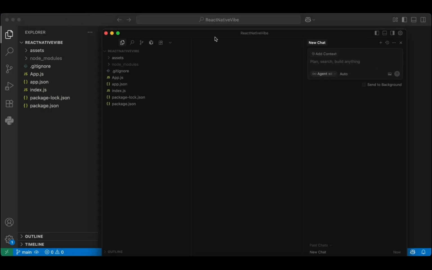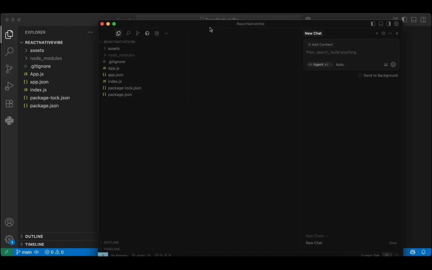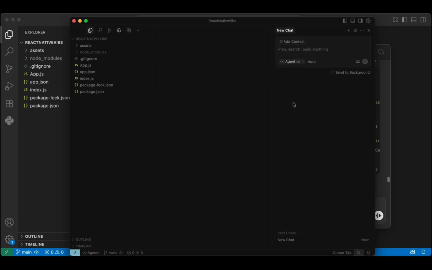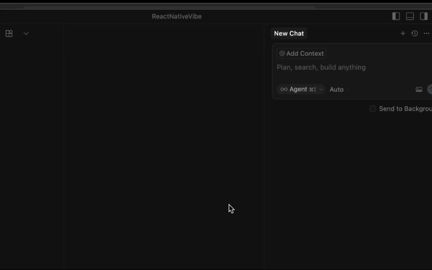So Cursor AI comes up like an IDE. It's not a normal tool. Here we do have an IDE integrated with Cursor AI, and this particular Cursor AI will try to write the code for you in the agent mode here,